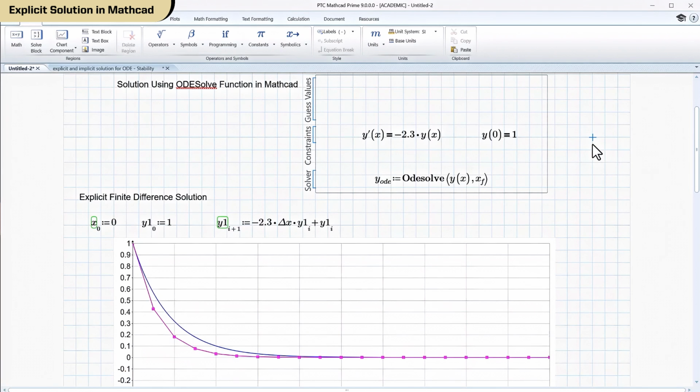When I just blindly throw a finite difference solution at it, I might get an okay answer, I might not. Is there another way to go at this so I have a little more assurance that my solution will converge to the right answer, that it will be stable over a larger range of possible solutions or estimates? And the answer is yes. There's something called an implicit solution. So let's take a break from MathCAD here, go back to my board, and let's figure out what an implicit